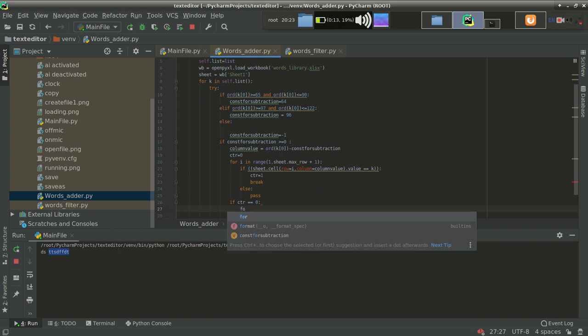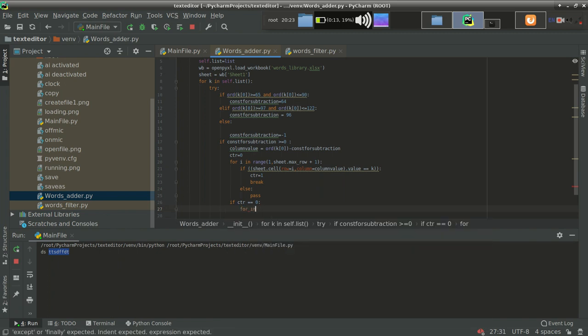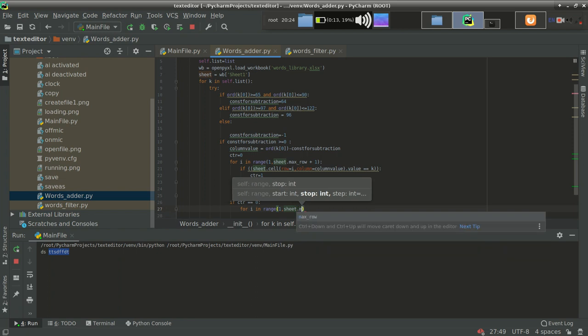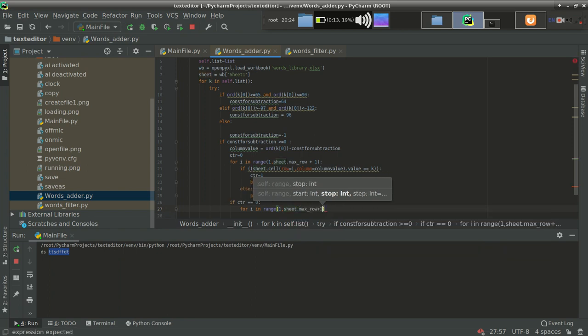Let's see. For i in range 1, sheet dot max row plus 2. Now this time I am taking an extra row also.